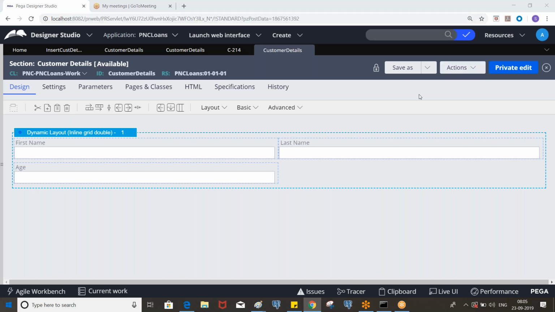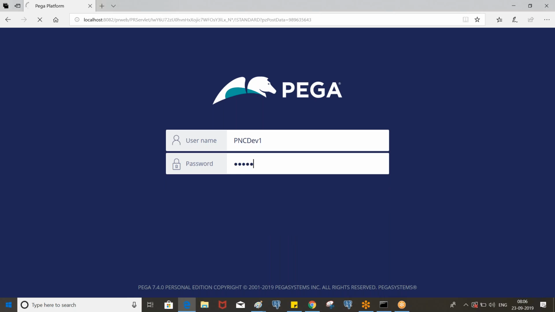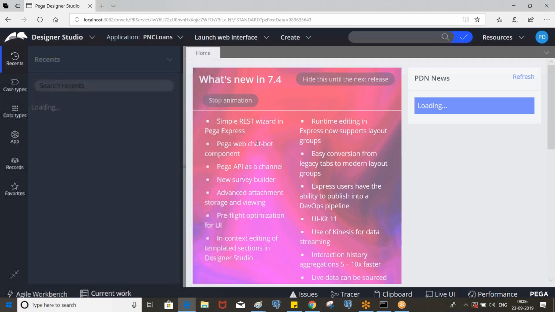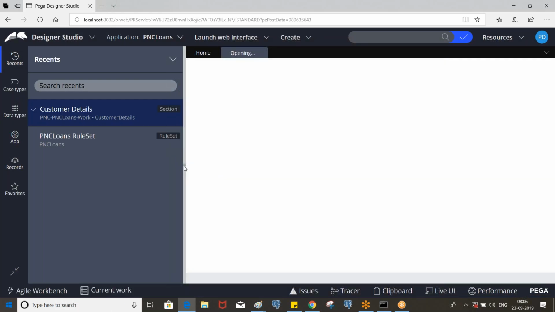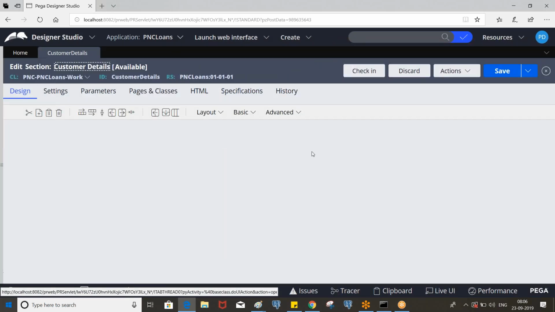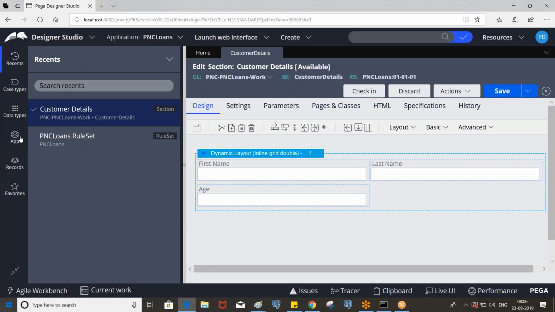We don't see the checkout option, which means either it is opened by another operator or the rule set is locked. This operator is working on the rule. So let's add the other properties as well.